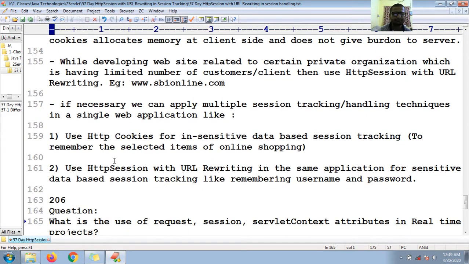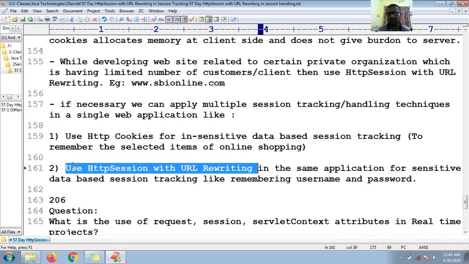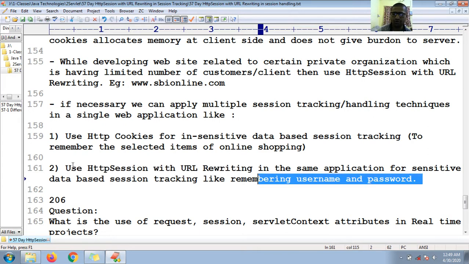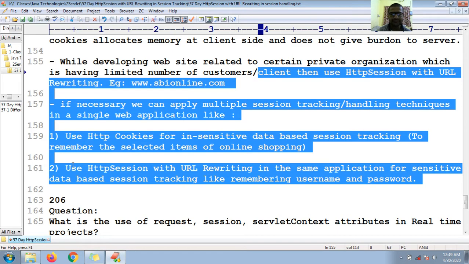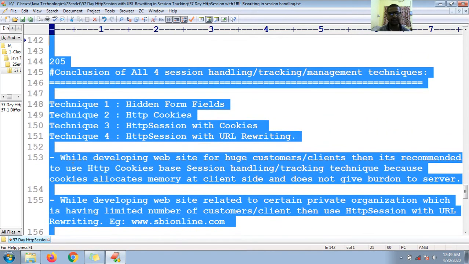Next, use HTTP session with URL rewriting in the same application for sensitive data based session tracking, like remembering username and password. Whenever you want to remember the username and password credentials, it is recommended to use HTTP session with URL rewriting. So this is the conclusion of all four HTTP session handling or session tracking techniques.